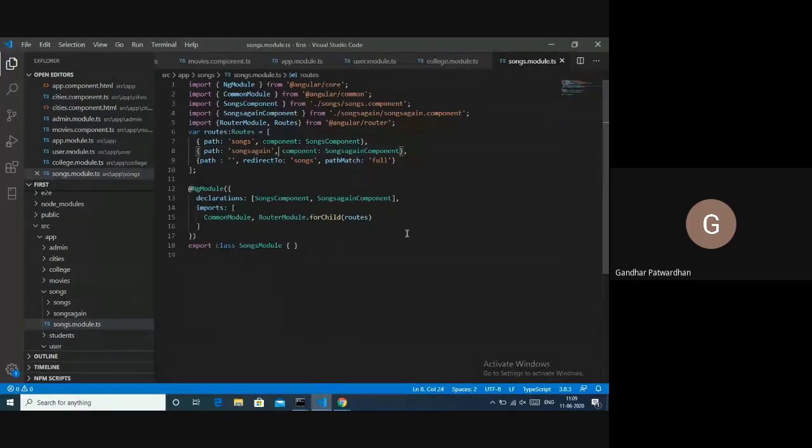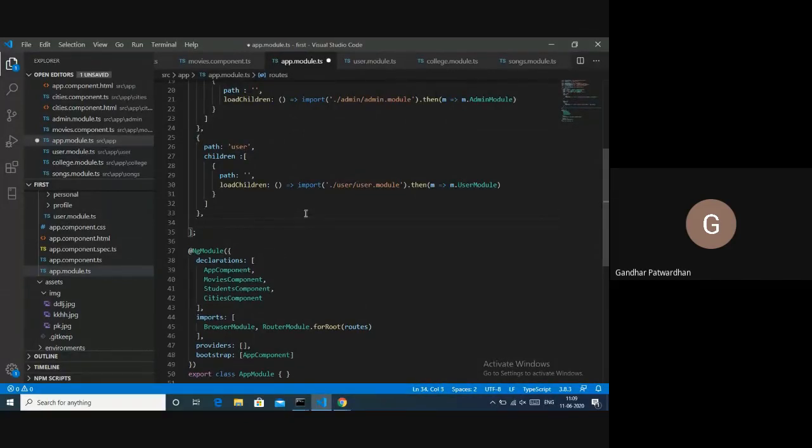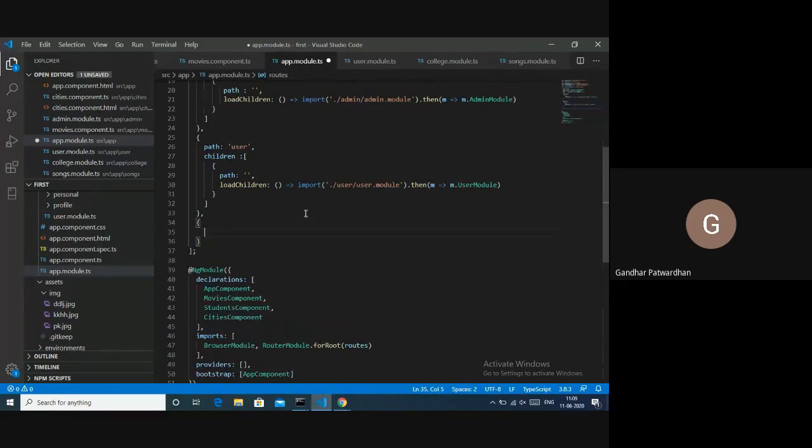Yes, clear. Okay, great. Now comes a little complex part. What is that part? That part is adding or registering these routes in our app module, the base or the root module. How will I do that? First, I'll create a new object.